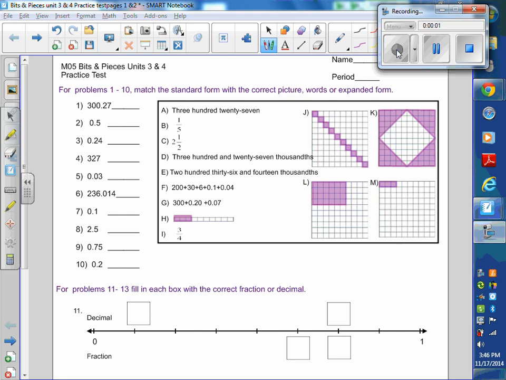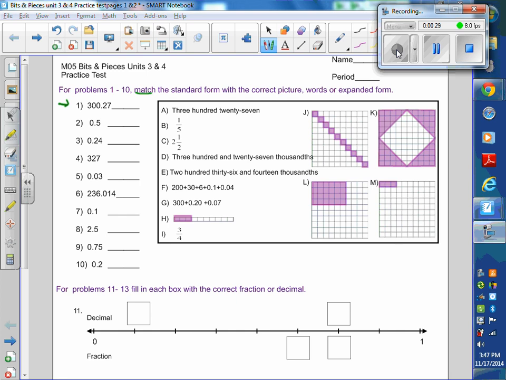Class, but I'm going to go through them again. Try to give you some strategies on how to do this. So if you have a matching like this for problems 1 through 10, you're going to match the standard form, that's the numbers on the left, with the correct picture, the correct words, or the correct expanded form. So when you approach a problem like that, one idea is just to look at what you have